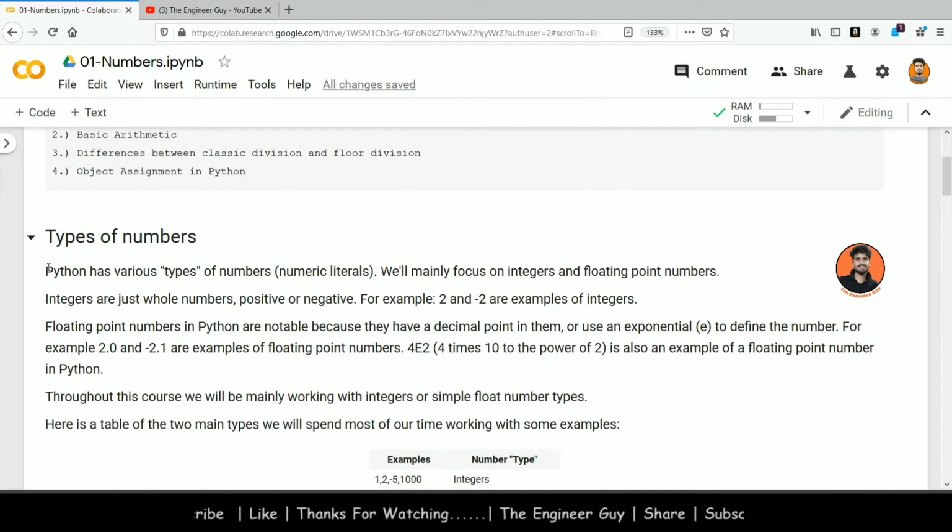So let us see what are the types of numbers in Python. So basically we are going to learn only two topics, that are integers and floating point numbers. So integers are just whole numbers like 1, 2, 3, minus 1, minus 2. Those are whole numbers, positive or negative. And floating point numbers in Python are notable because they have a decimal point in them. Every number in Python which has a decimal point like 2.0, minus 2.1, and